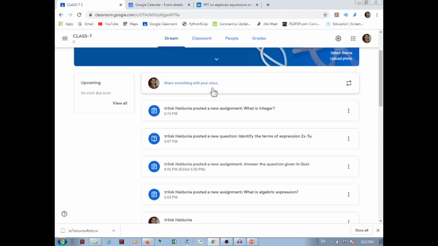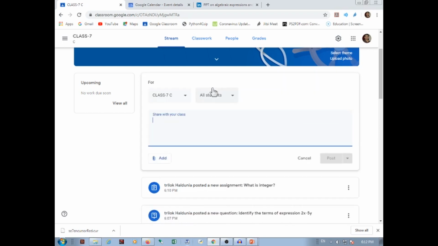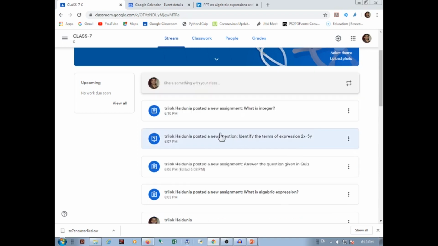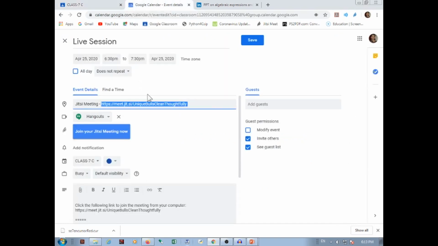As the students have entered the class and we are about to start the online meeting, you paste it here and ask the students to join through this link. As you click on the link, the student would be able to live interact with you. Okay, so this is the way to create a GISC Meet link.